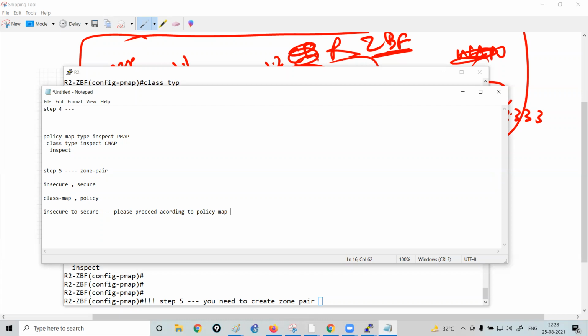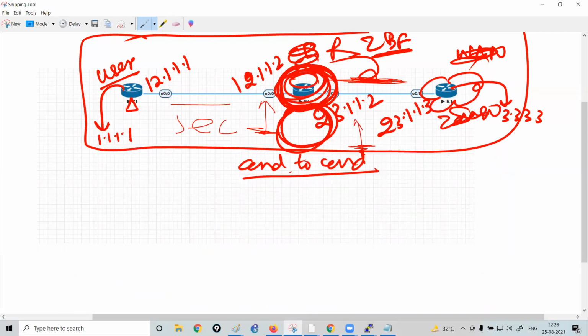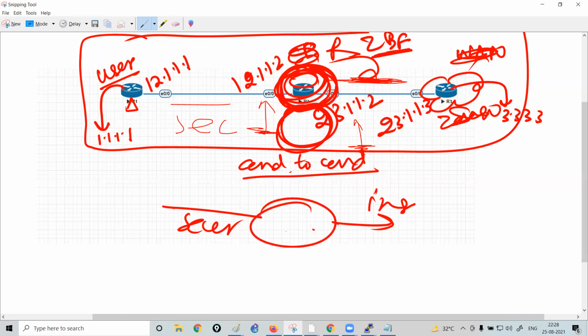If I have to conclude this, basically I need to tell my router that this router is configured with the zone based firewall. Whenever you receive traffic from a secure zone which has to be forwarded to the insecure zone, please perform the action according to the zone based firewall configuration.